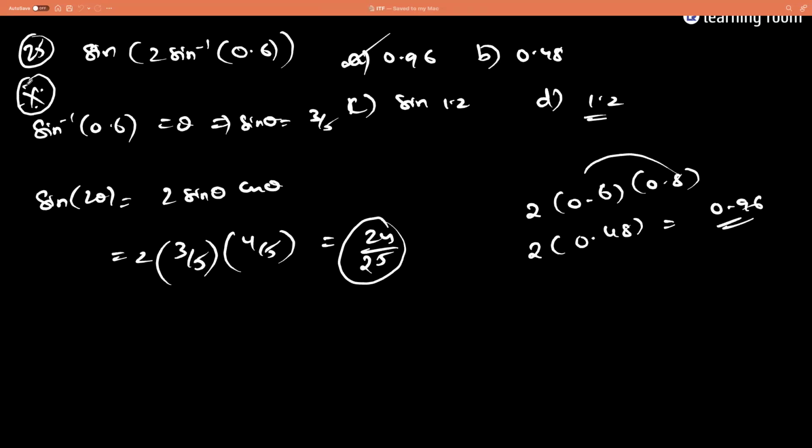Next one is principal value branch of tan inverse x: open interval minus pi by 2 to pi by 2. So I'm not doing 26. 27th is